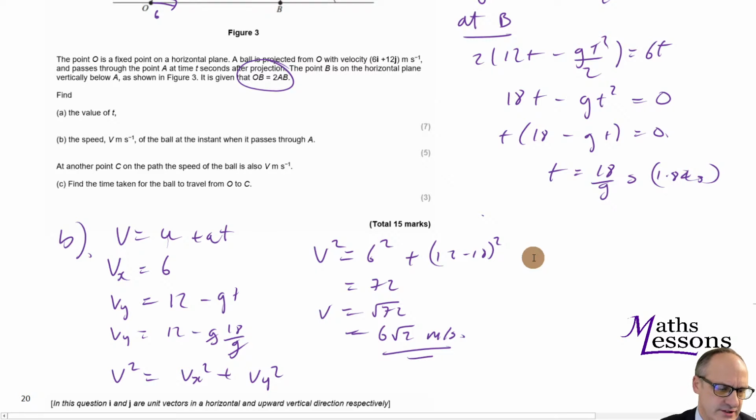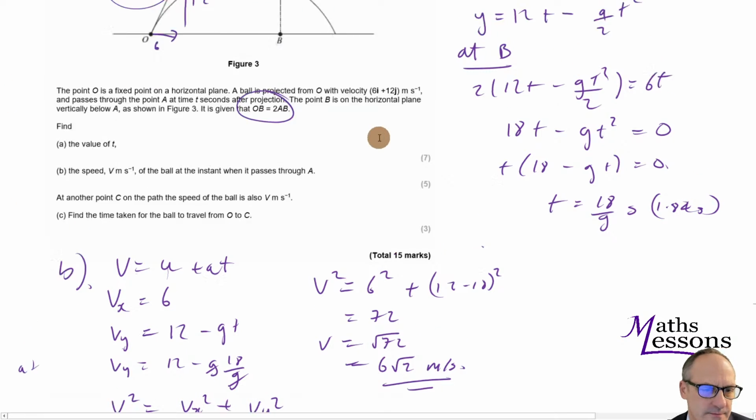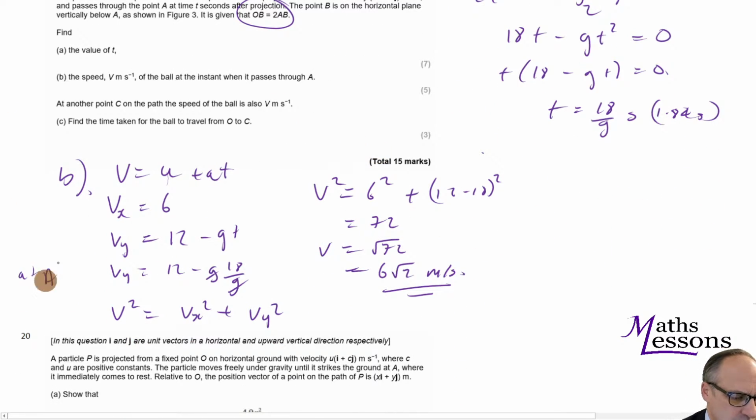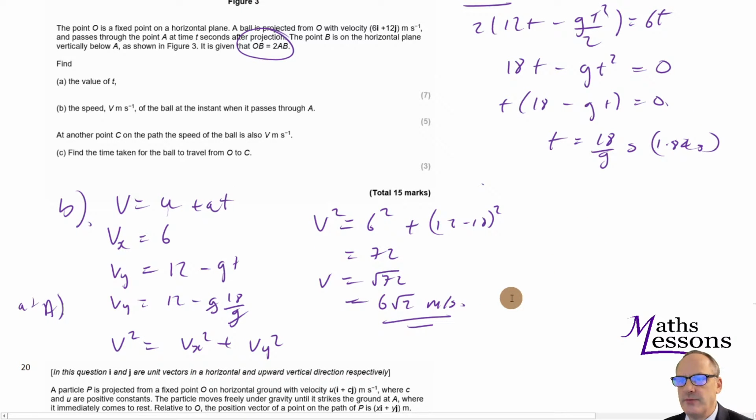Now, when we come to velocity, we're going to use v equals u plus at. The velocity in the x direction is 6. There is no acceleration in the x direction, so we just have 6 all the way through. The velocity in the y direction initially was 12, but it's affected by gravity, and that changes. So at A, I put the time into here to get the velocity of y. So v squared equals the x part and the y part squared, rooted, and I've just gone through and solved that. So for part C,